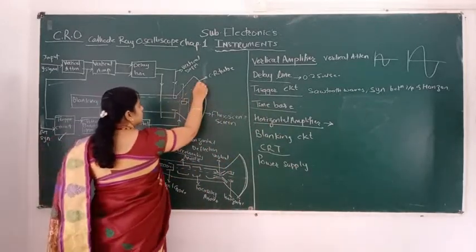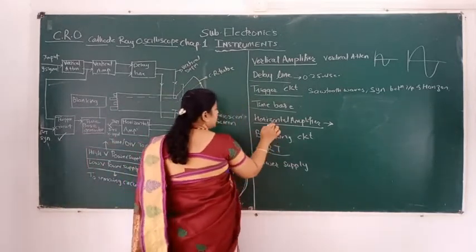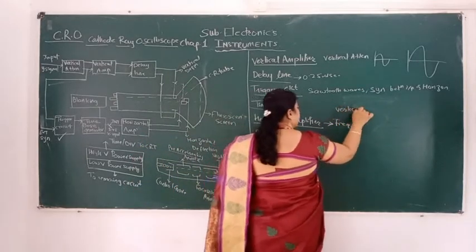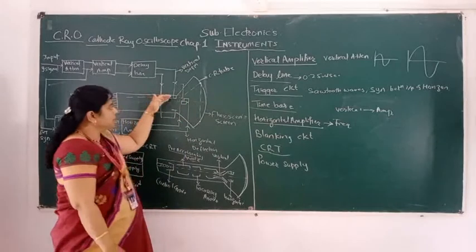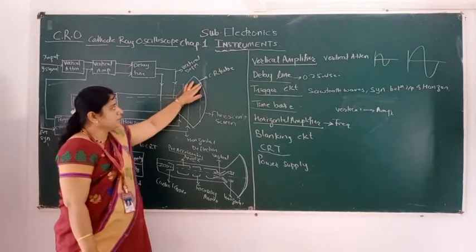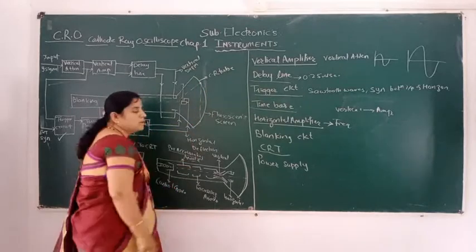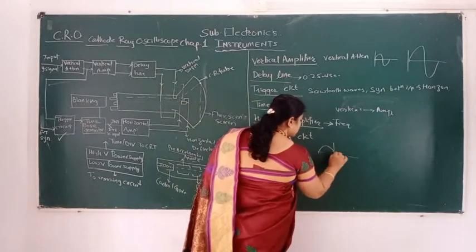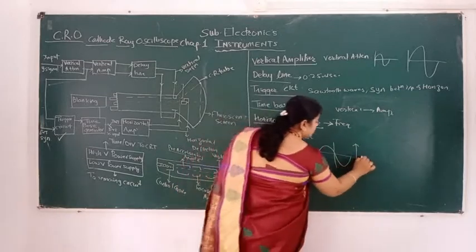See, amplitude is measured in the vertical signal and here frequency is measured. In vertical, what happens? Amplitude can be measured in the vertical signal. If there is vertical deflection, what happens? The electron beam will move like this and move like this. So this much distance means what? If you observe the wave like this, in this form, this much distance is called the amplitude.